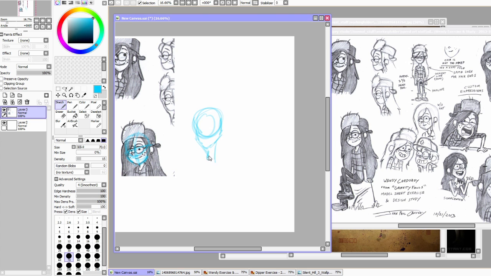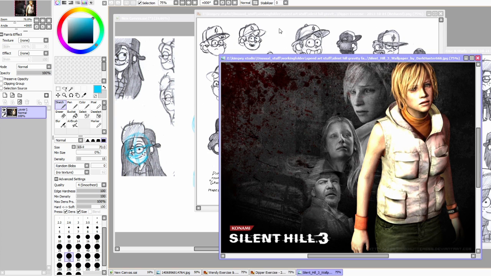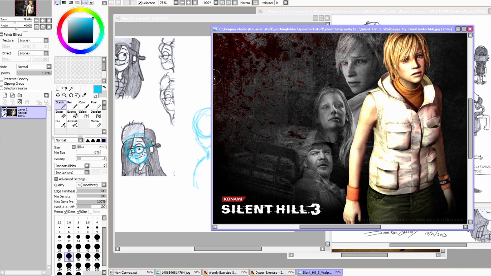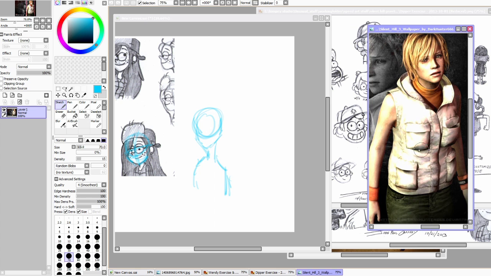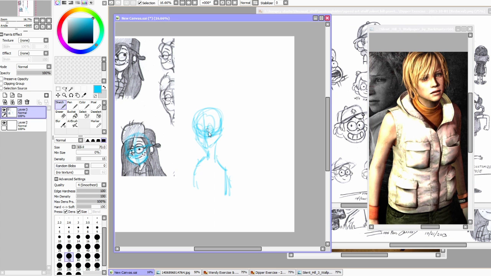So first we're working on a girl, and I've used Wendy here as a good workout to figure out what I wanted to do for the size and shape, and we're using her to create Heather from Silent Hill 3. Yes, we're doing Silent Hill characters today, and I'm just playing around with the shape and stuff here,